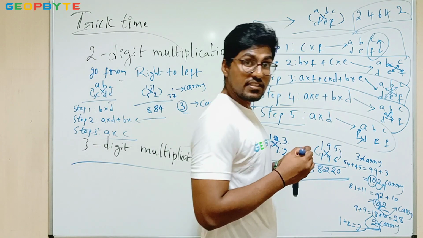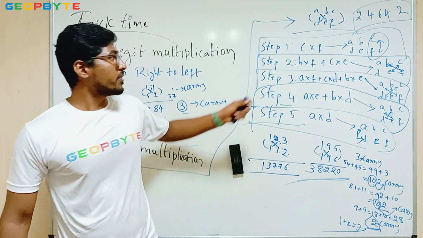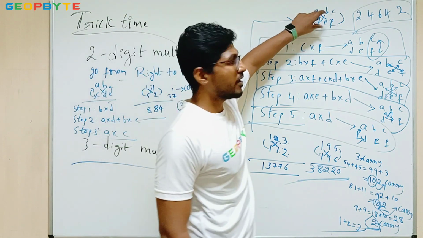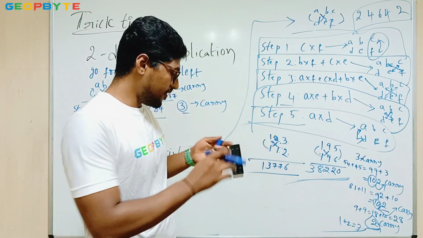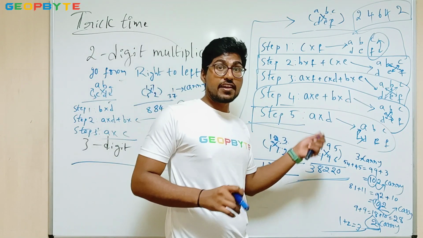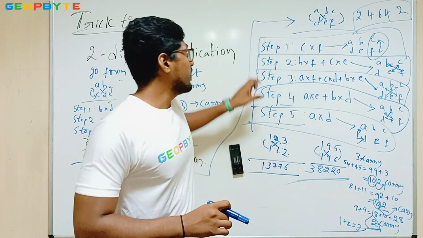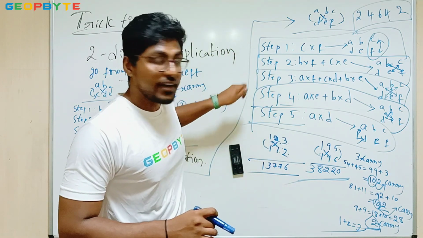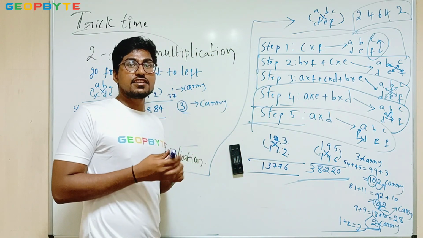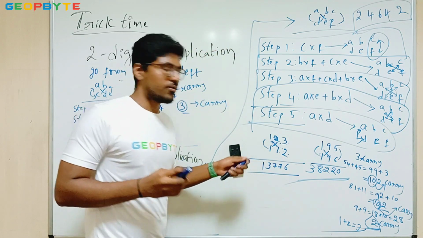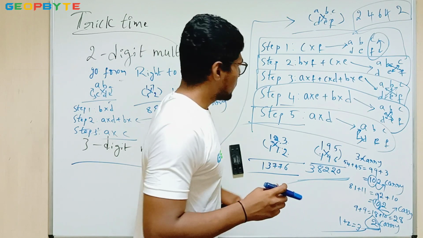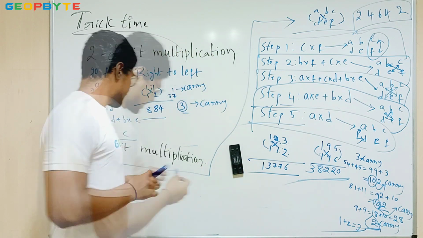So this is very simple. If you are looking at these steps, and if you are thinking about doing this multiplication, this would be very hectic. But if you get used to it, then this is going to be a very easy formula and very easy procedure for 3-digit multiplication. That's very simple. So you don't have to waste much time on multiplication. So yeah, this is the one.